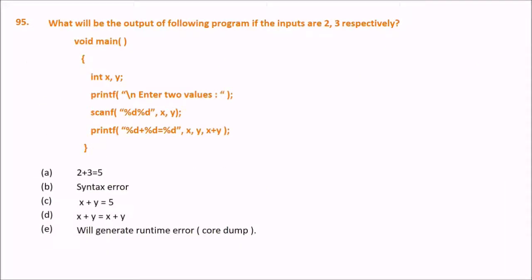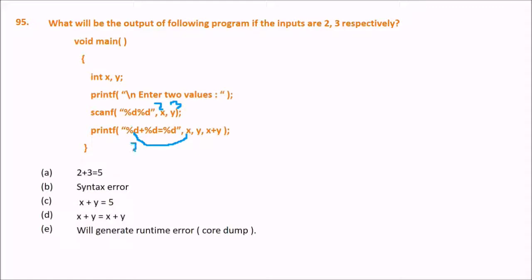What will be the output of the following program if the inputs are 2 and 3 respectively? So inputs are 2 and 3. So this is user input values. So scanf will be 2, x will be 2, and y will be 3. Right? What will be the printout of this? X is what? 2. I'm giving you an intuitive answer. Means this is not the correct answer. I don't know whether it is correct or not. But as this program shows me, I'll do it like that. But I'll tell you what is the catch if there is any.